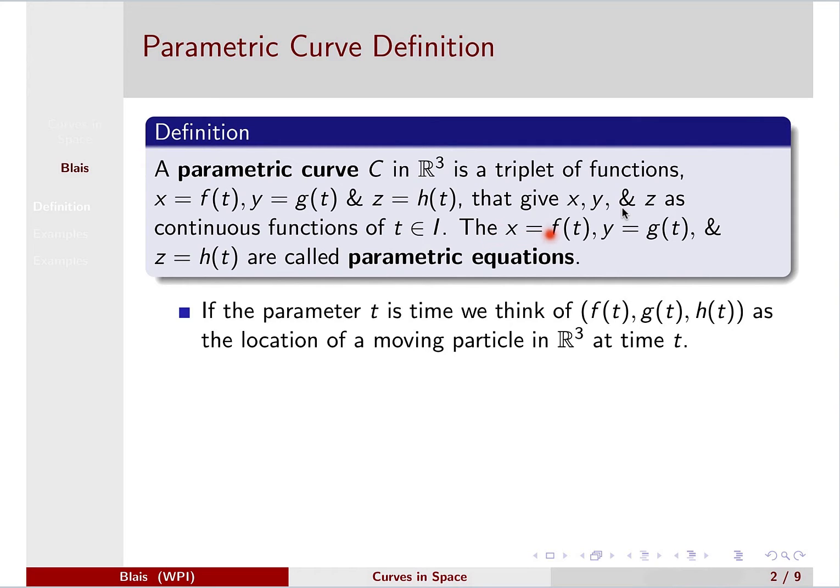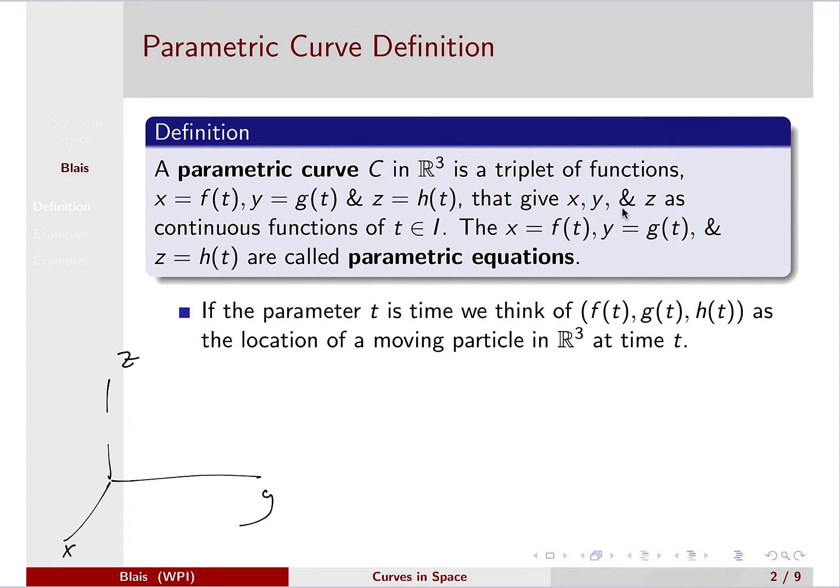The x equals f of t, y equals g of t, and z equals h of t are called parametric equations. And the natural thing to think here is that if you consider your parameter time, we can think of that triplet, f of t, g of t, h of t, as the location of a particle moving in three-dimensional space. So we have